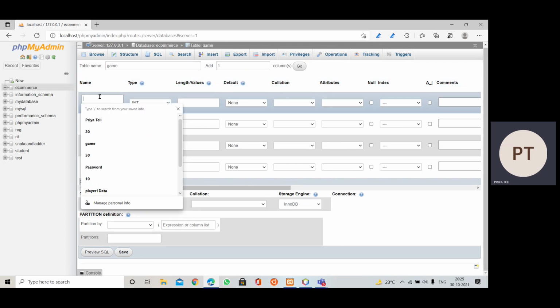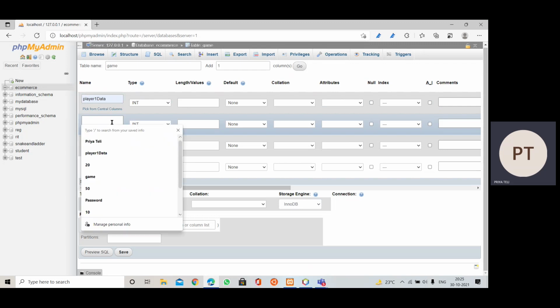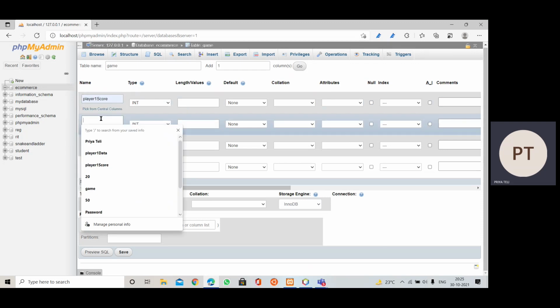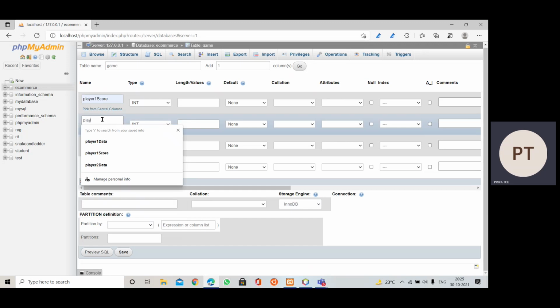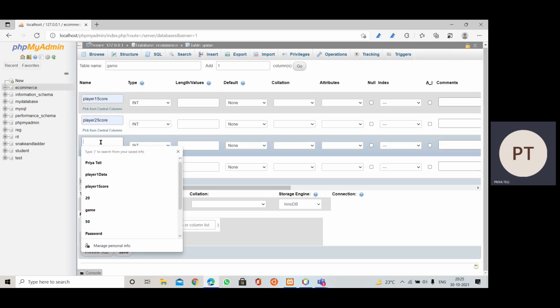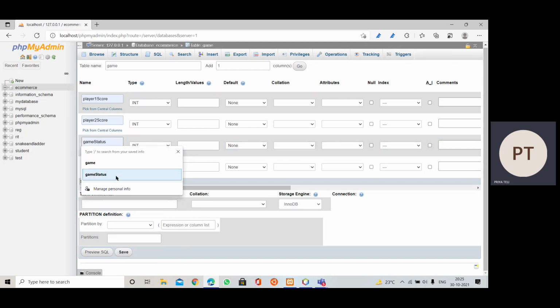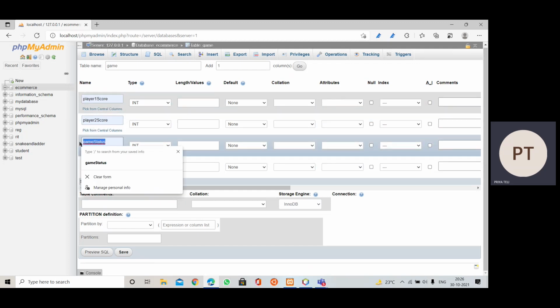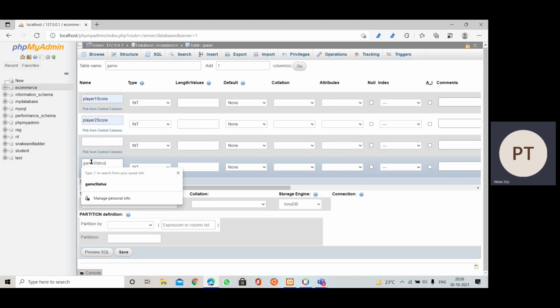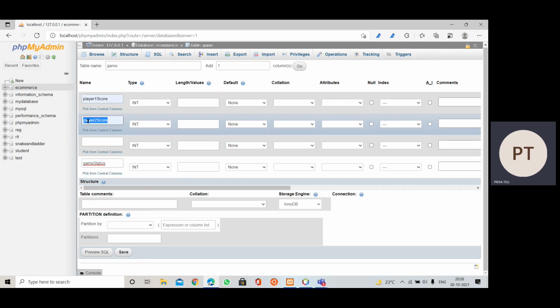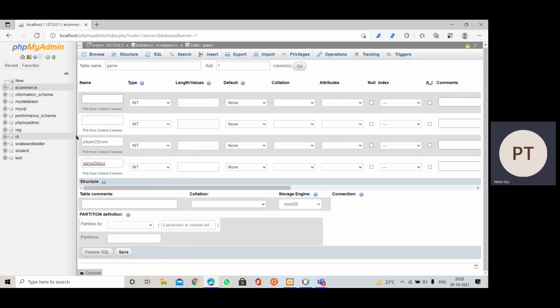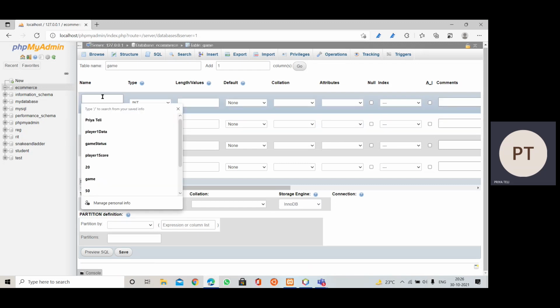Say, suppose, player 1 score, player 2 score, game status, and ID.